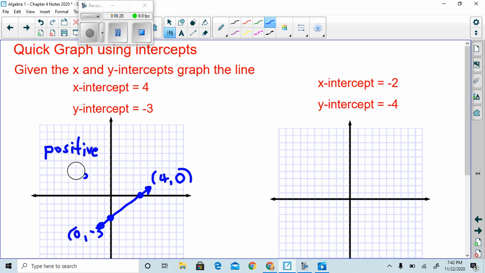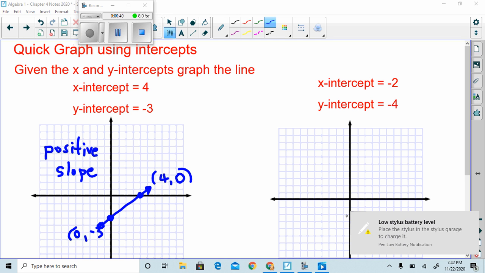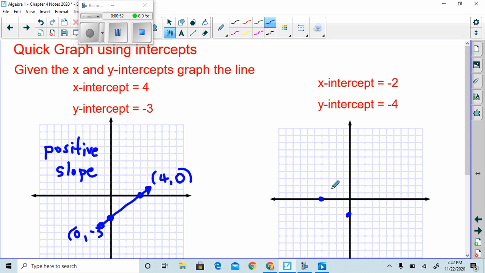So right away we're seeing there's not a lot of work to this so far. We always start with the easy ones where we don't have a lot of work. Last one of this type, -2 is my x-intercept, and -4, 1, 2, 3, 4, my second point on my